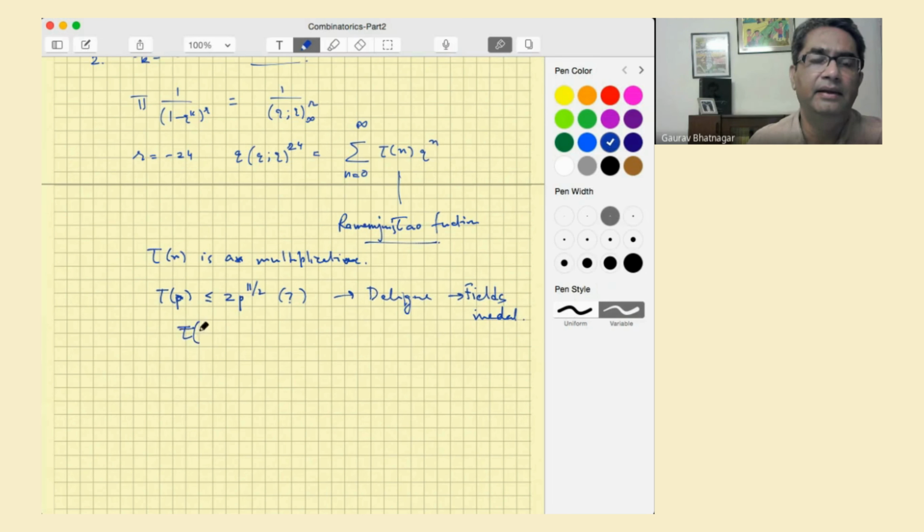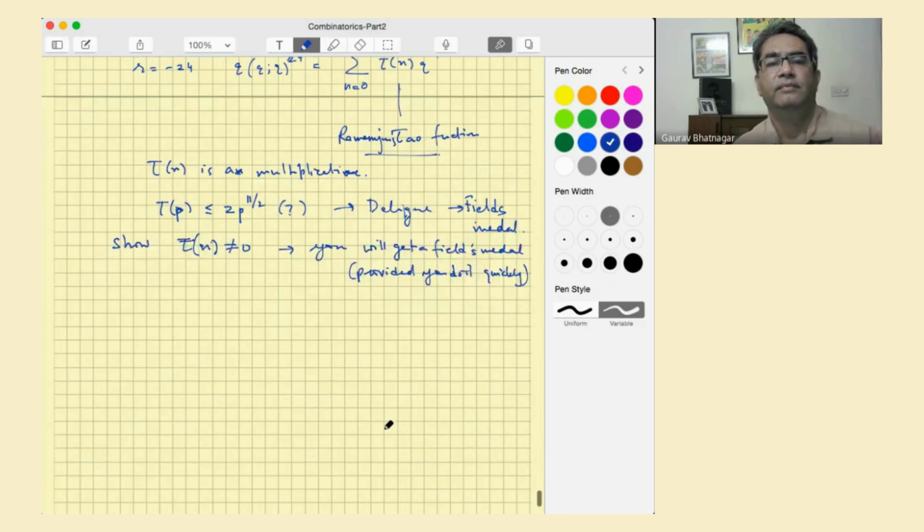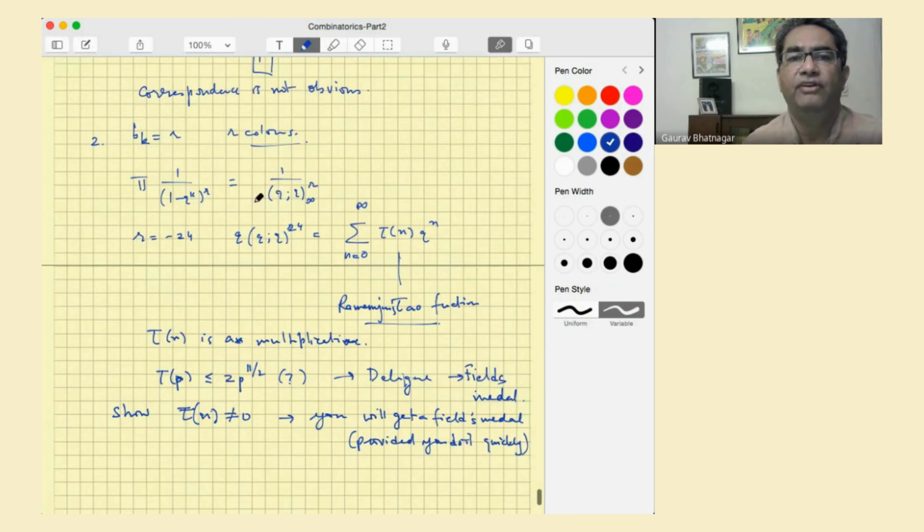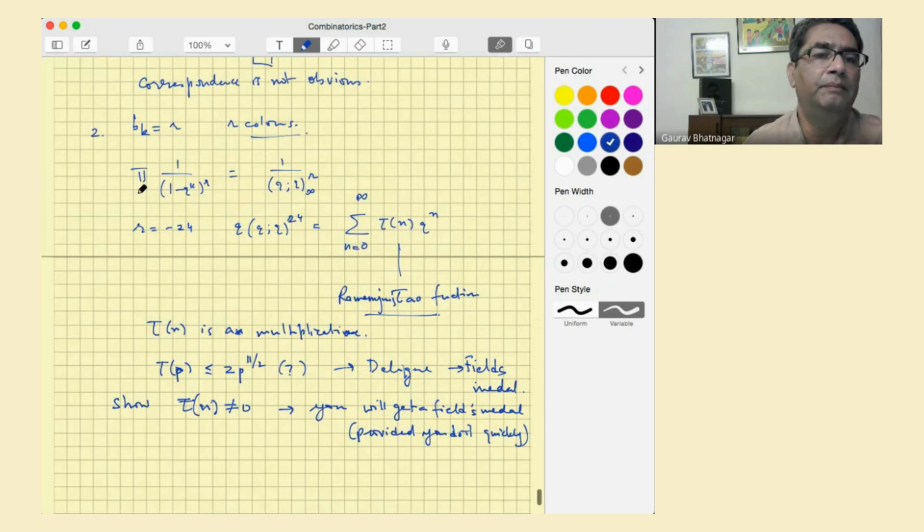And if you prove this, then you will get a Fields medal, provided you do it fast enough. So this is Deligne's conjecture on tau of n. Now,